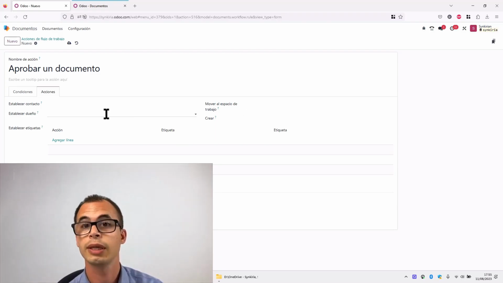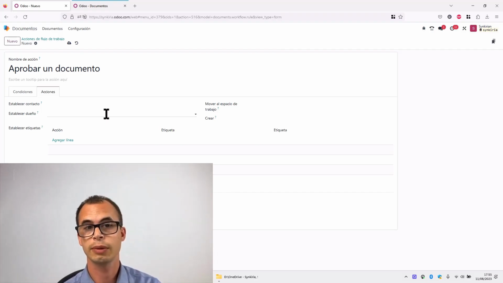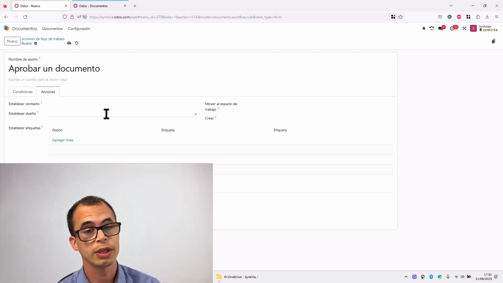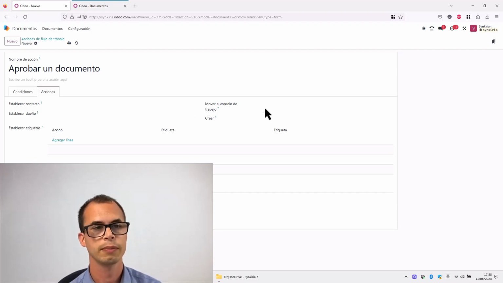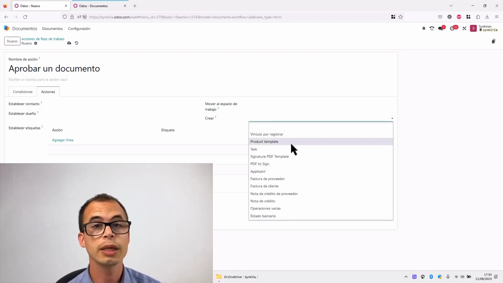We can also set who is the owner, the proprietor of the document. When someone is the owner of the document, we can specify that they can perform certain actions that someone who isn't the owner cannot do. Create set tags. This creation feature is also great because notice we can make it so a product is created